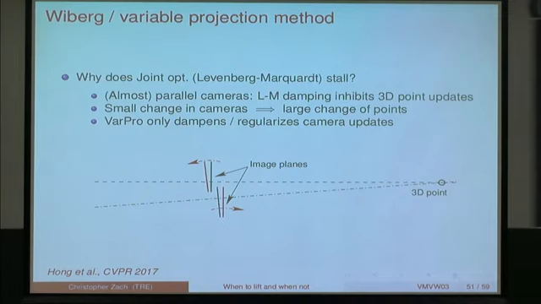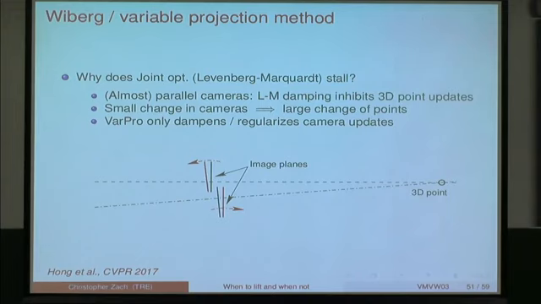Now if the camera parameters want to change minimally, this implies that your 3D points have to change massively because of the poor intersection angle. But this 3D point changing a lot is prevented by the Levenberg-Marquardt damping factor because you regularize the updates of the 3D points.